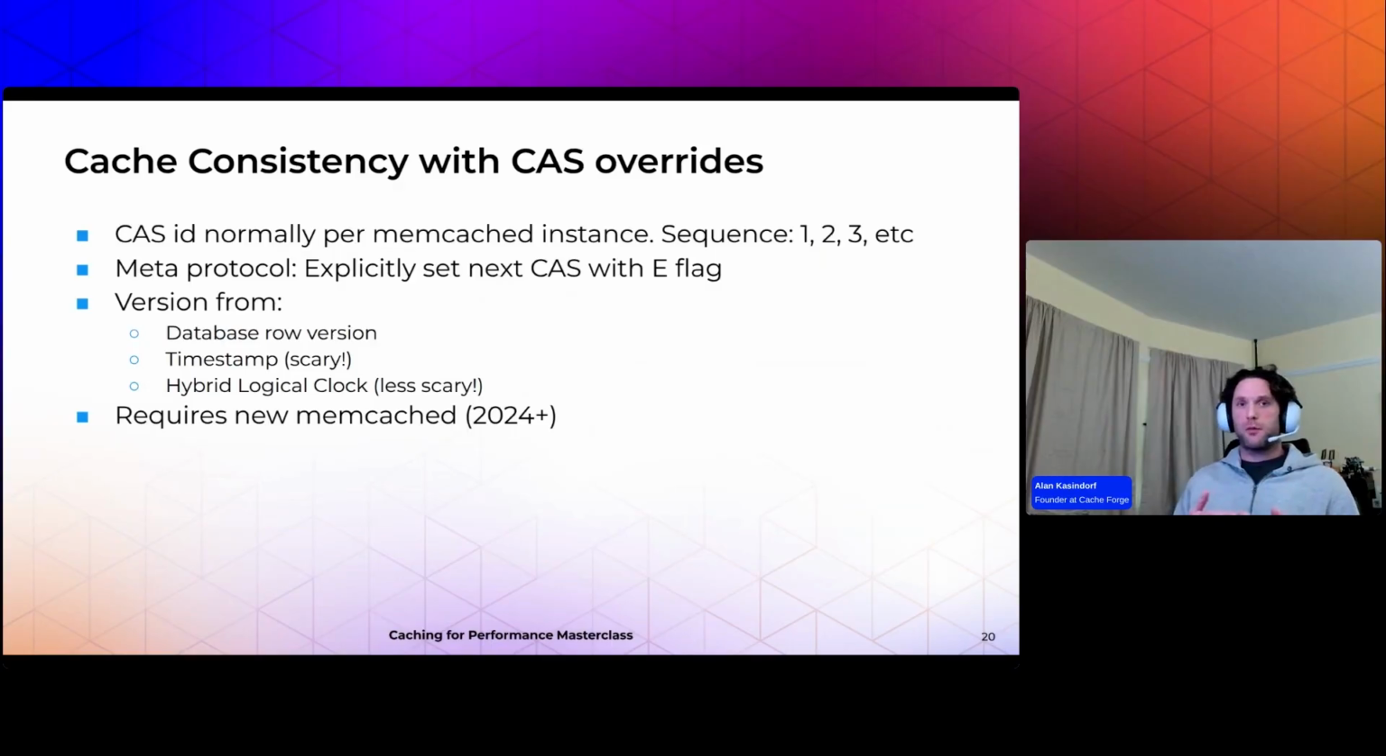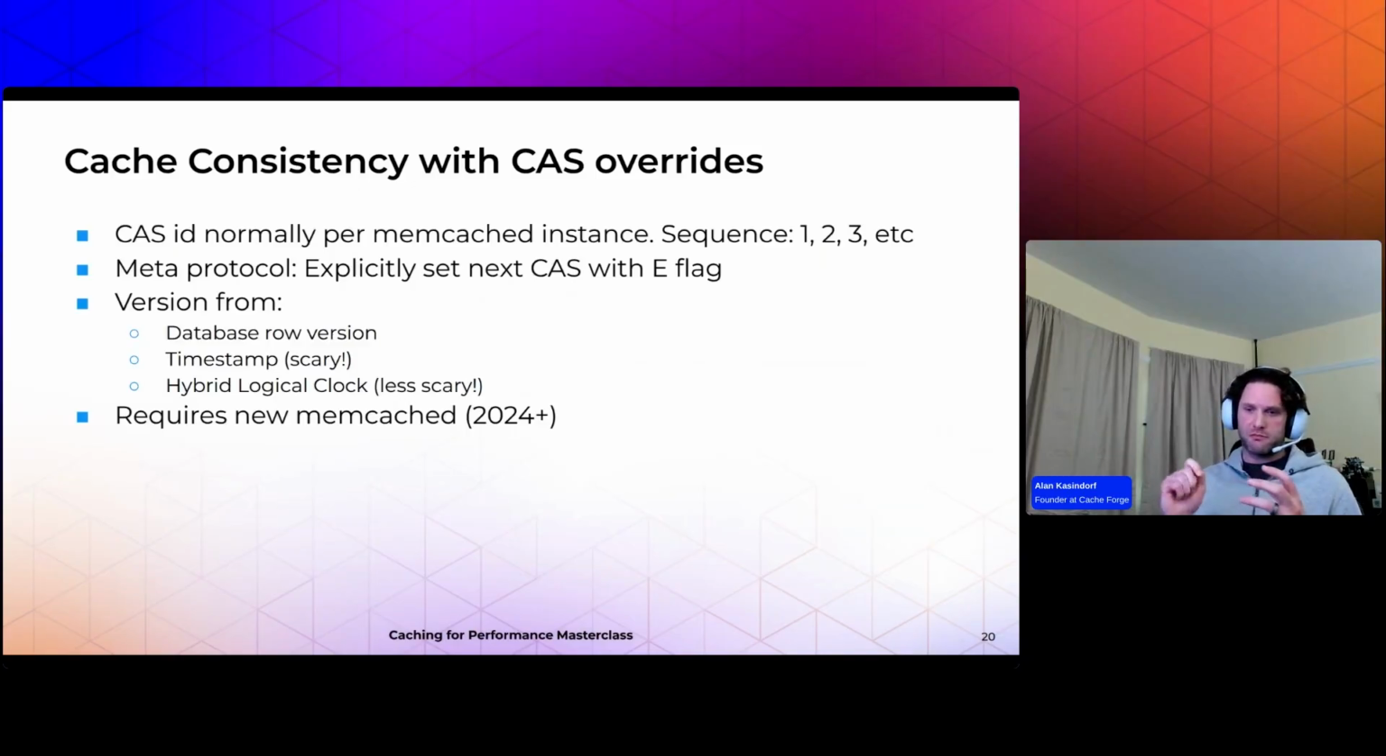This is good for some forms of consistency and some forms of locking, that sort of thing, but it's not so great for ensuring consistency or being able to check consistency later, if you have multiple cache pools, or if you want to check occasionally whether your cache is consistent with the database. So what we have now is CAS overrides, where, since we have the meta protocol and are much more flexible with what arguments we can add to the command, we have this E flag,